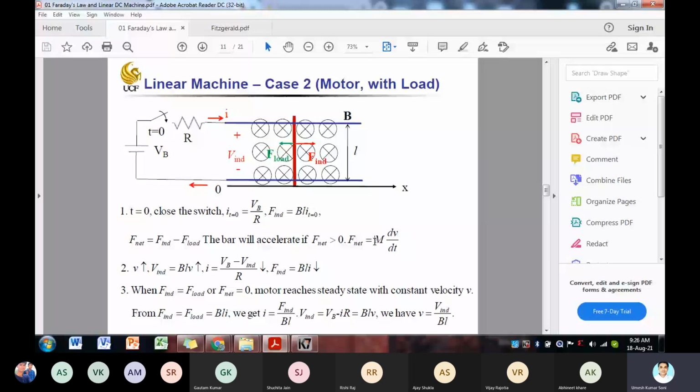Whenever the net force is less than 0, the acceleration will be negative, that is retardation. During the acceleration, the induced voltage will be equal to BLV, where V is the time-varying velocity, which will increase from 0 to some value. Now you can see that current I